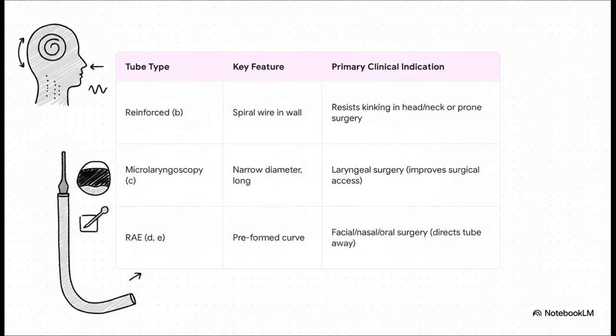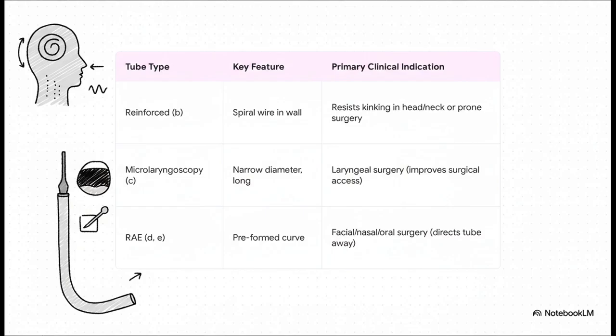This table right here, this is pure gold for your revision. Your whole job is to link the feature to the why. For instance, you see that spiral wire and the reinforced tube? That's there so it won't kink when the patient's head is turned. The microlaryngoscopy tube is super narrow and long to give surgeons more room to work. And the RAE tubes have that built-in curve to keep the whole breathing circuit out of the surgeon's way during